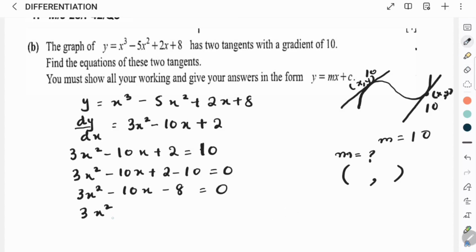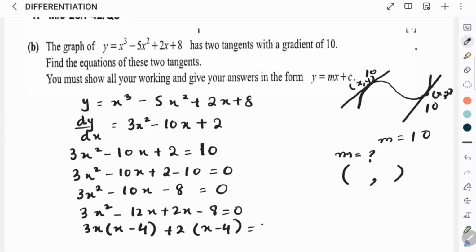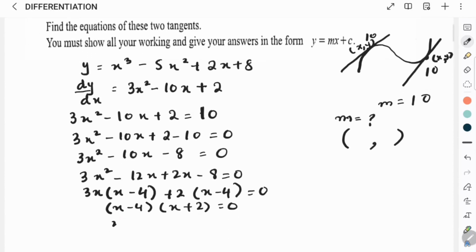So that is equal to 3x squared minus 12x plus 2x minus 8 equals 0. Now you do the grouping: 3x common, and then x minus 4. 3 fours are 12, and copy down the plus sign: 2 times x minus 4, 2 fours are 8. We have x minus 4 and 3x plus 2 equals 0. Then x minus 4 equals 0, so x equals 4, and 3x plus 2 equals 0, so x equals minus 2. So we found the x values